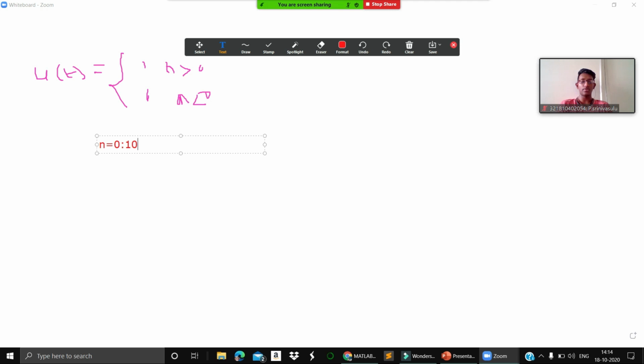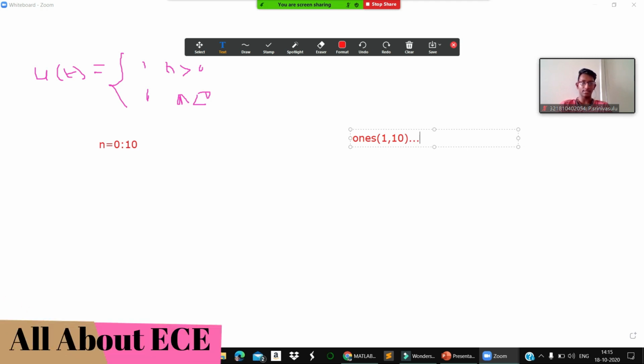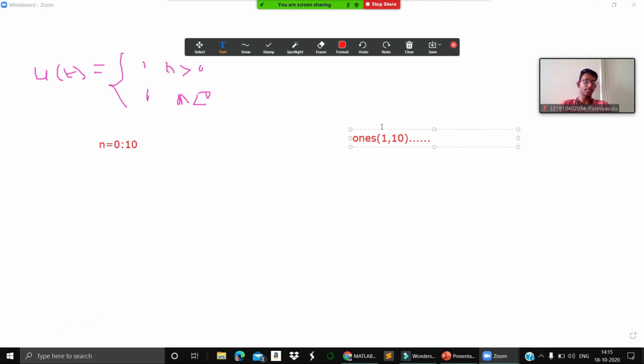Then we need to create the values. Everybody is aware of this, right? ones of 1 comma 10, what it means is it will create a matrix with one row and 10 columns, correct, right?